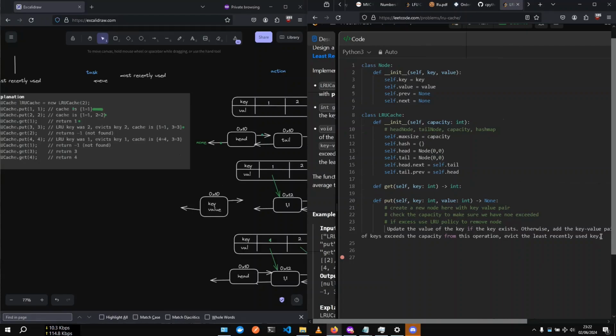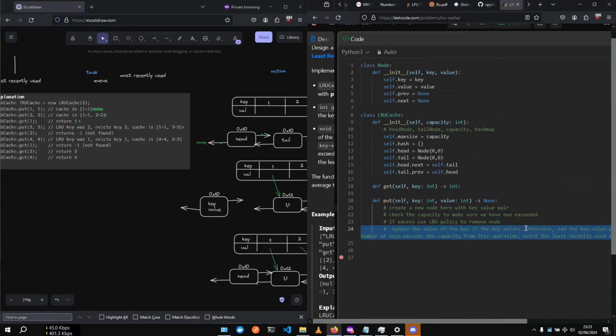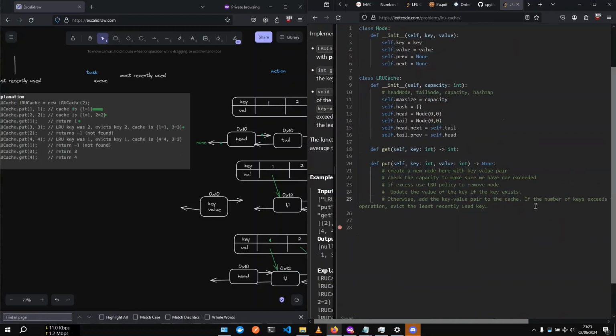So update the value if it exists. Otherwise, if the number